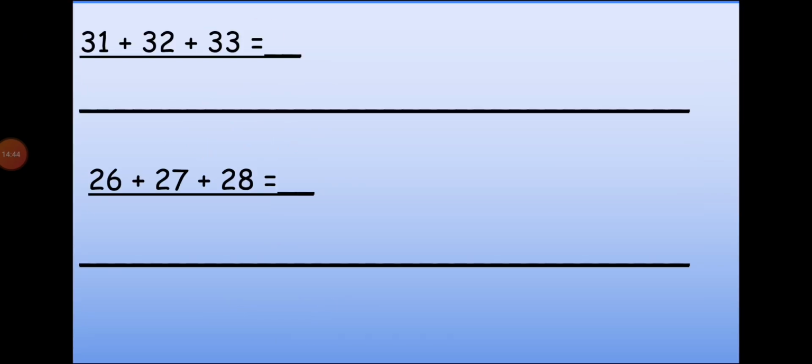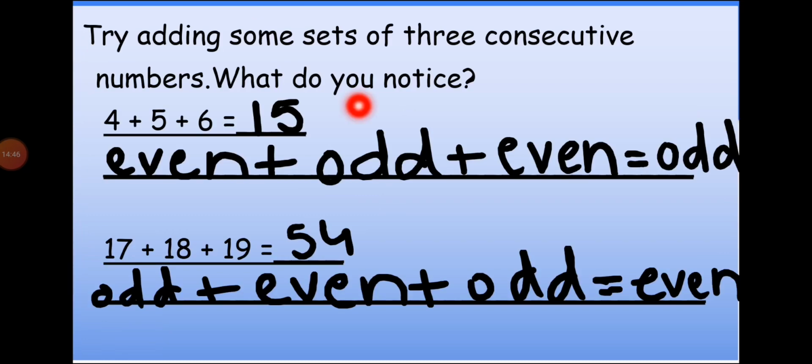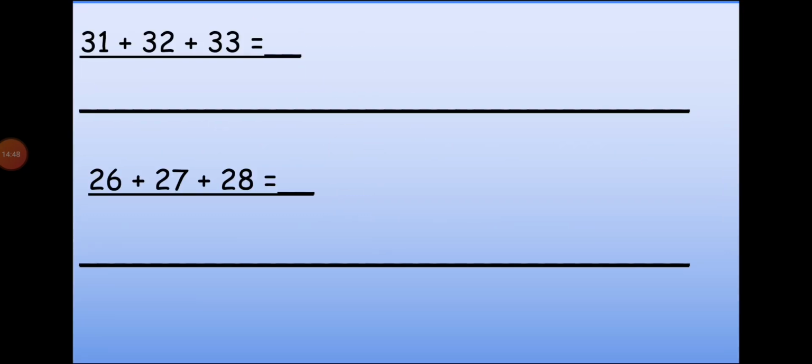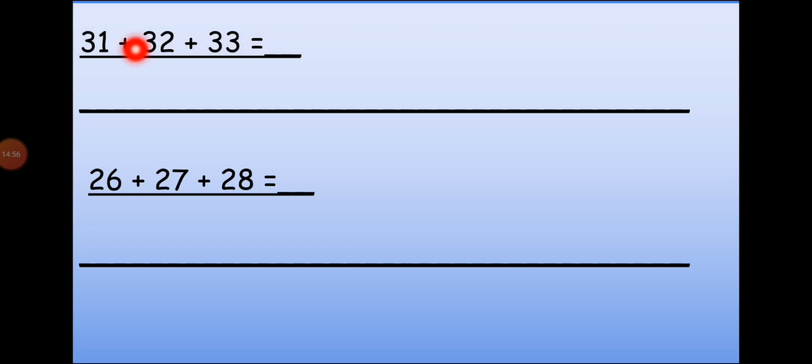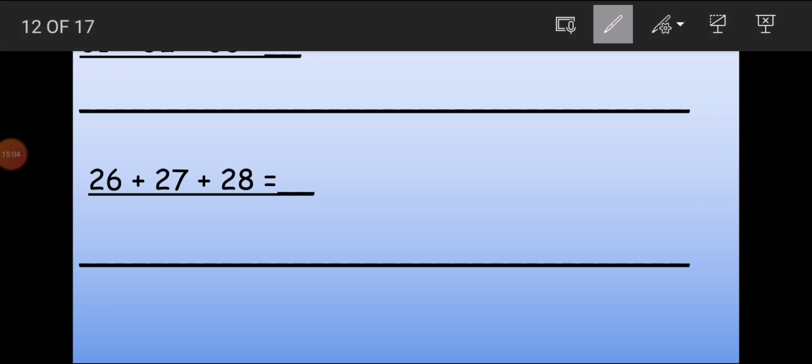Now, the next number. We have to make 4 sentences here. I hope you are enjoying the work. It's very interesting. 31, 32 and 33. Again, 3 consecutive numbers. So first we check whether each number is even or odd. Look at 31. The 1 is on the ones place and 3 is on the tens place. So 1 is an odd number, so it means 31, the whole number, is an odd number. So we'll write odd here.